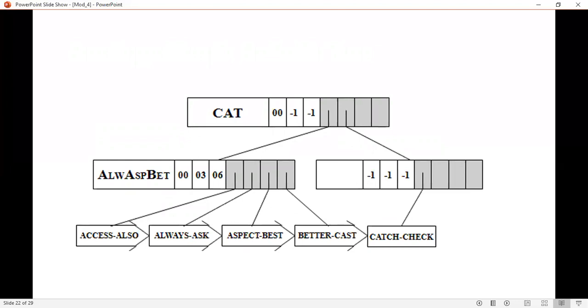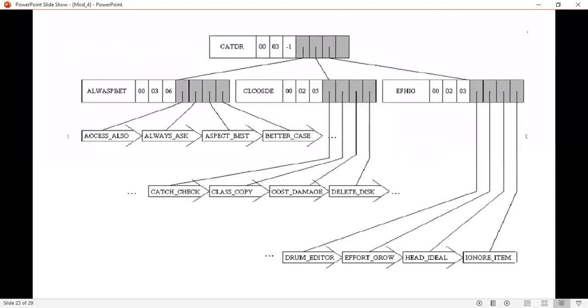That is, catch to check is loaded into the sequence set, and the separator cat is placed into the root index block there. After adding more sequence set blocks, this figure shows how the simple prefix B plus tree grows.